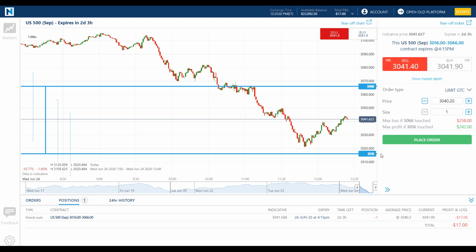Now, this is very important. I don't have to wait until expiration or settlement to see what happens. I also don't have to wait for it to touch one of those boundaries. So I sold one, and let's say my thought process is that it would go down and it might test this. I'm just guessing here, just for fun. Let's say it got down to 30.22 earlier today. So maybe I would want to buy one if it got close to there again, maybe 30.24. I'm going to put 30.24 in. It looks like a level down here. I think it's going to try to test this. So I can go and put